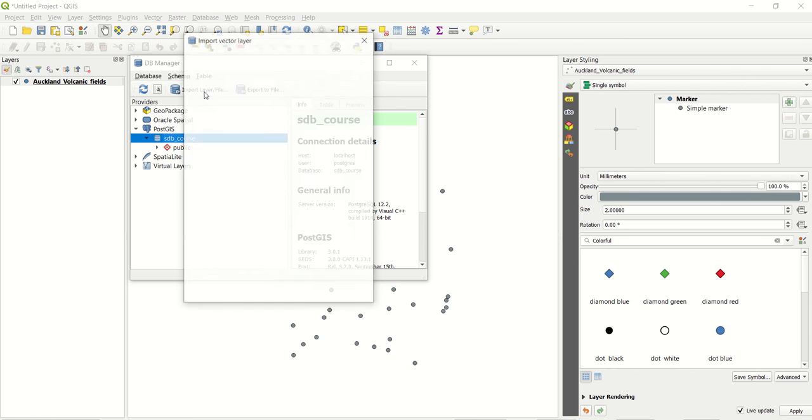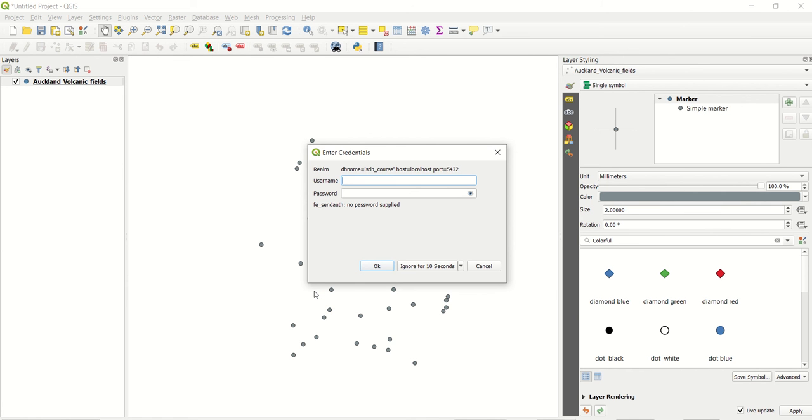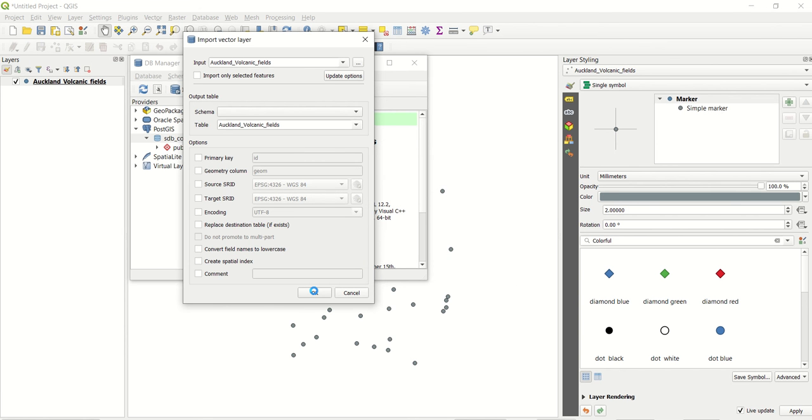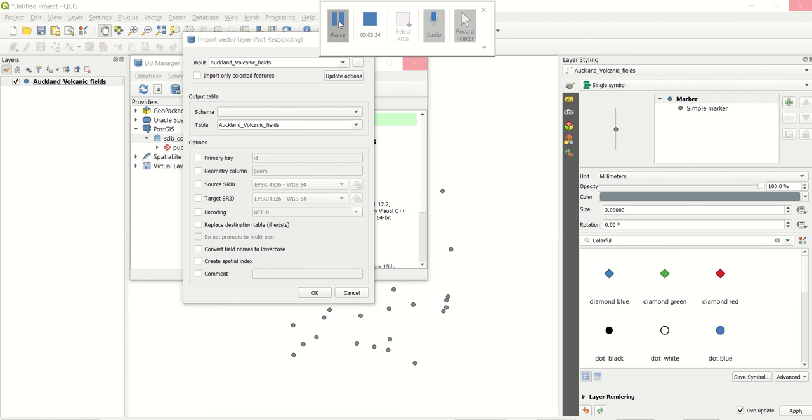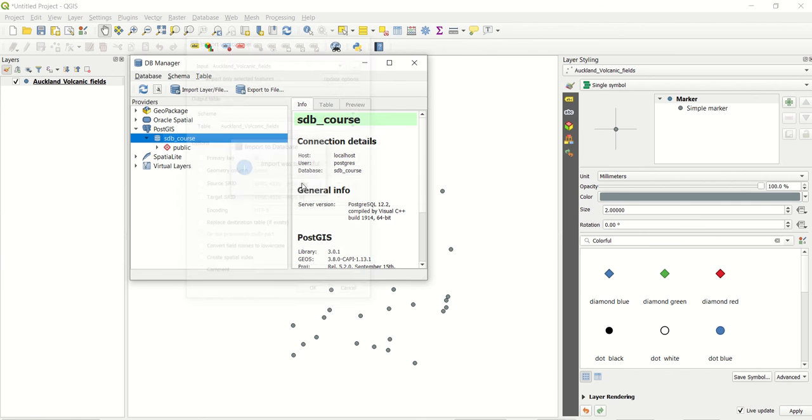After clicking on import, provide the details, that is which table we want to import, and click on OK. Provide your credentials. We can see that the import is successful.